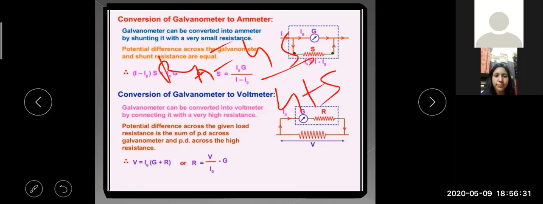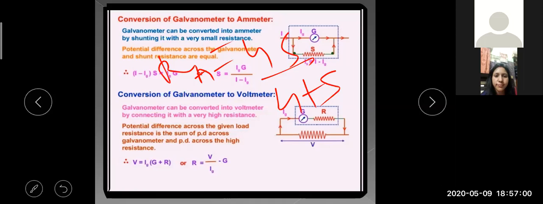So the resistance of the ammeter is very small. It is always connected in series to measure the current. Actually, a galvanometer can measure current of the order of a few microamperes. It is therefore suitably shunted to measure large current. An ideal ammeter should have zero resistance. I hope this is clear to you, how we converted the galvanometer into an ammeter.